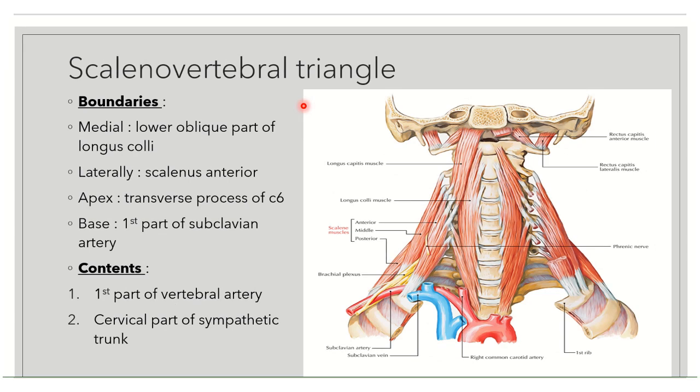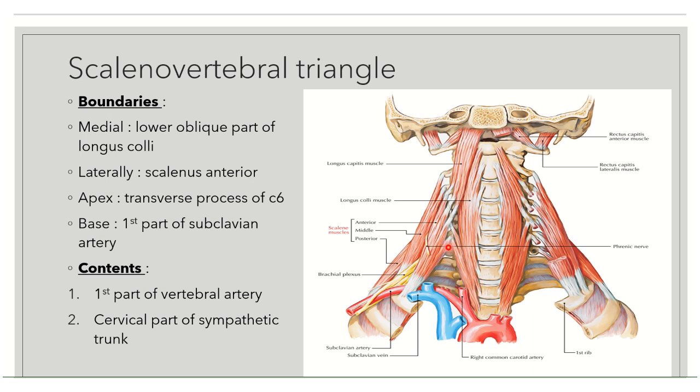Now let's have a look at the boundaries of the scaleno-vertebral triangle. This is a triangular space, called the scaleno-vertebral triangle. You can see its medial boundary is formed by the inferior oblique fibers of the longus colli muscle. You know that this is longus colli, which has three parts, and the inferior oblique fibers of longus colli muscle form the medial boundary of the scaleno-vertebral triangle,